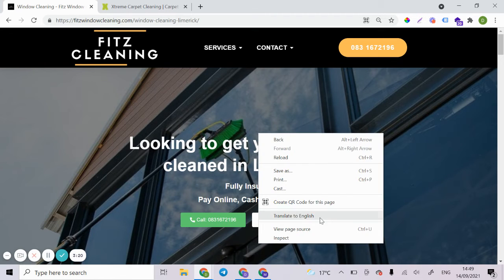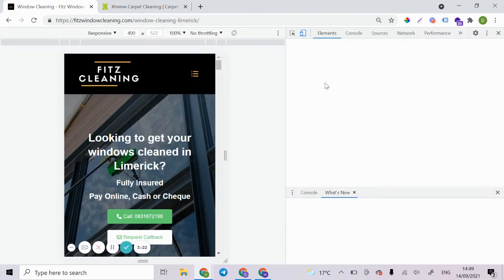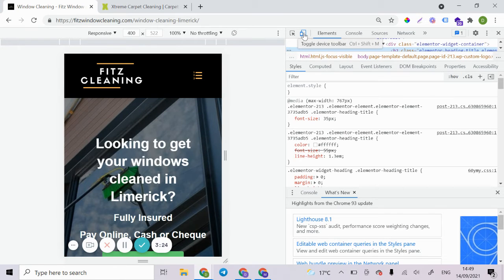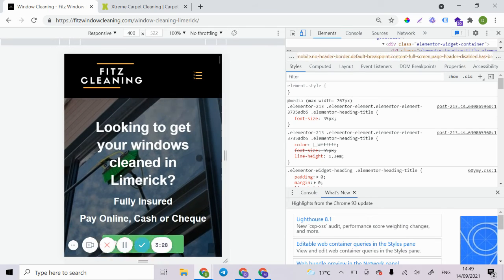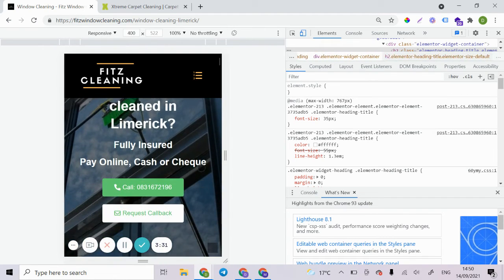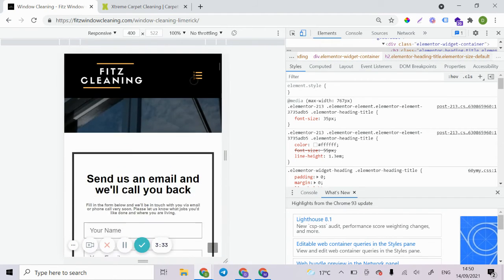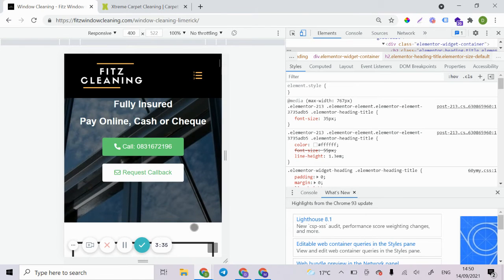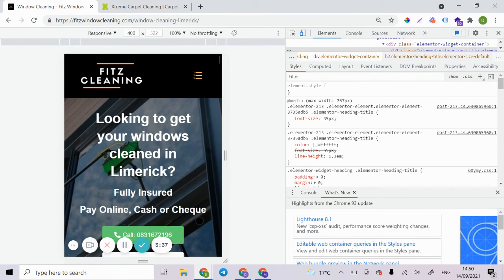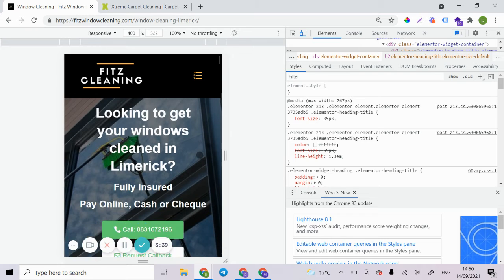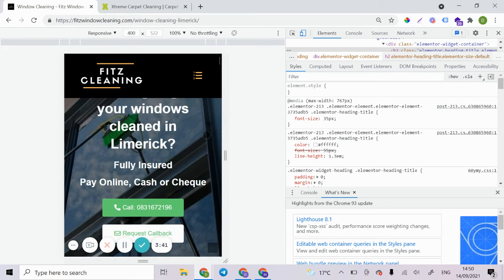Simple. And even if we go to mobile right now, we're on mobile, it's the exact same. Nice and simple, nice big buttons there that people can just click and call and fill out the form and straight to the point. So the more simple you can make your landing page, make it look neat,